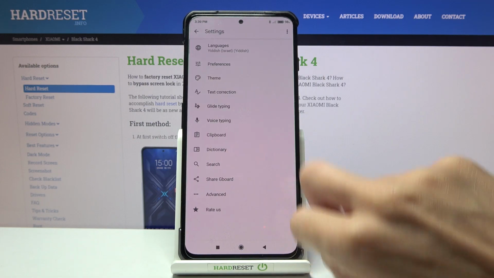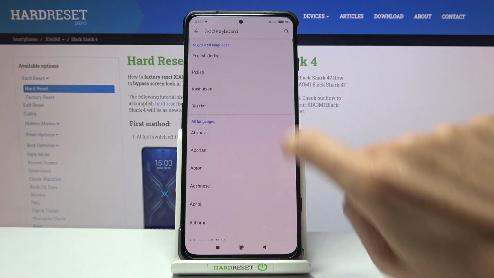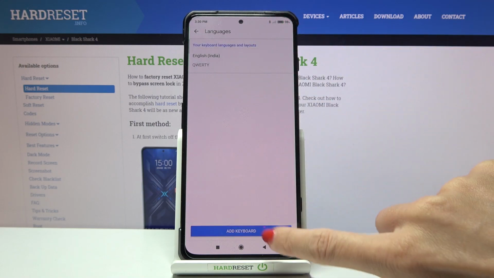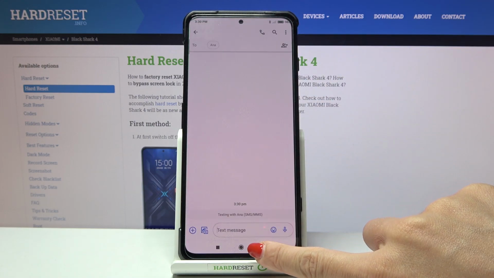So open the settings, pick languages, add some keyboard that you want to have, remove unnecessary keyboard, and that's it. So that will be all how you can manage keyboard